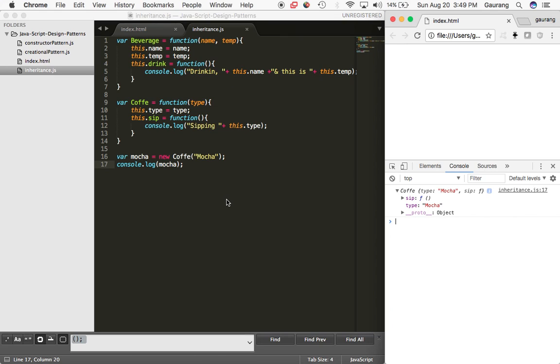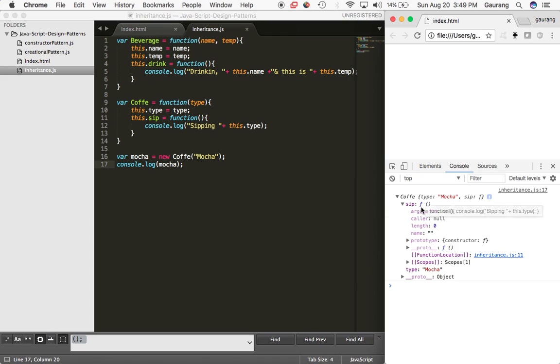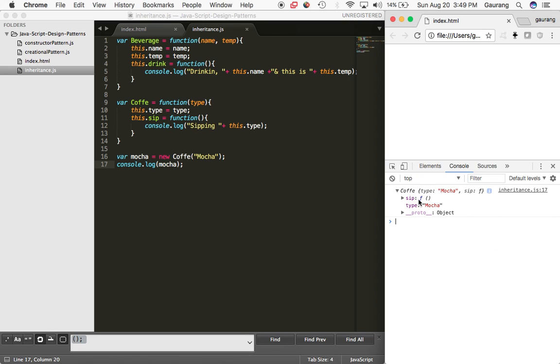So first of all, I would really like you guys to understand that, if you can see, even my member function is under its own property. So every time anyone creates a new instance of this Coffee, like espresso or iced tea or something like that, it would be very difficult. And